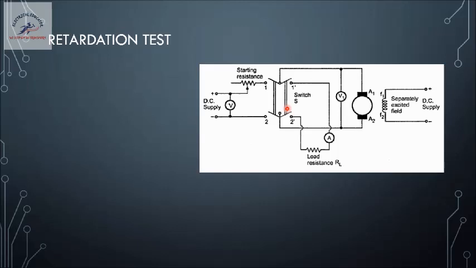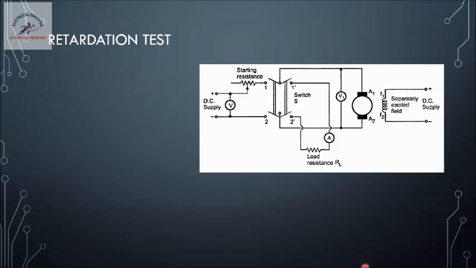Once it is run slightly higher than the rated speed, we open the switch, and thus we observe what is the energy stored here and what is the time required to come to rest, or the change in the voltage induced in them. The voltage reduces as the speed reduces, the EMF induced should also reduce because it is directly proportional, and thus we find out the rotational losses.